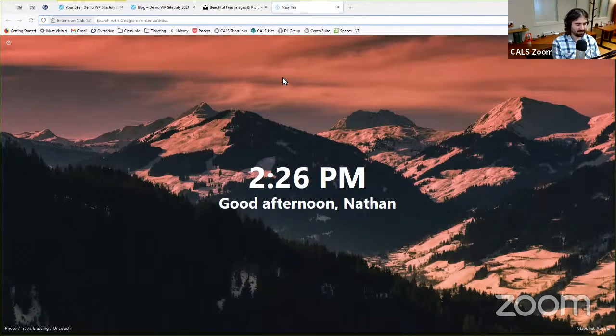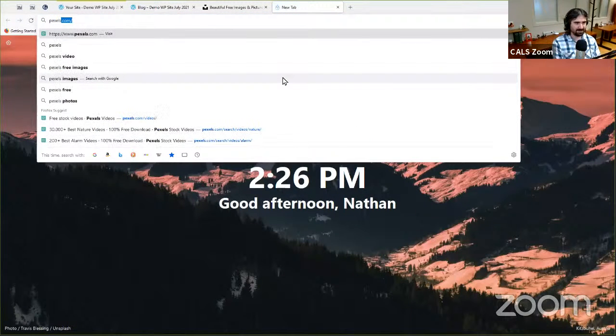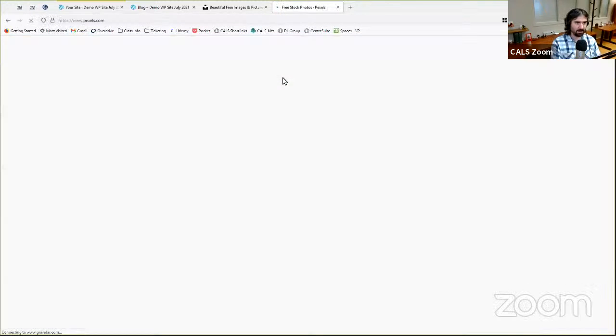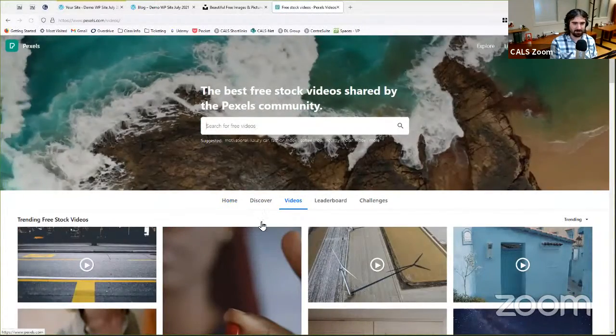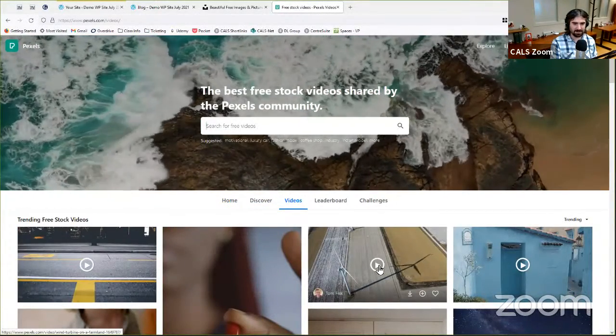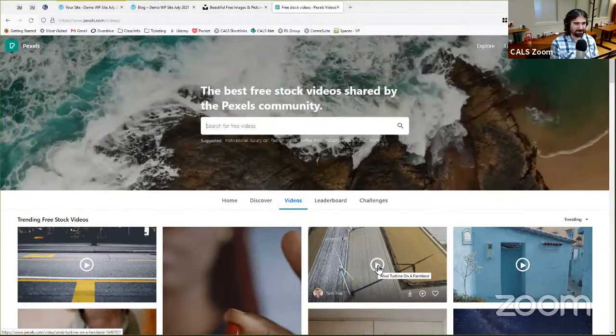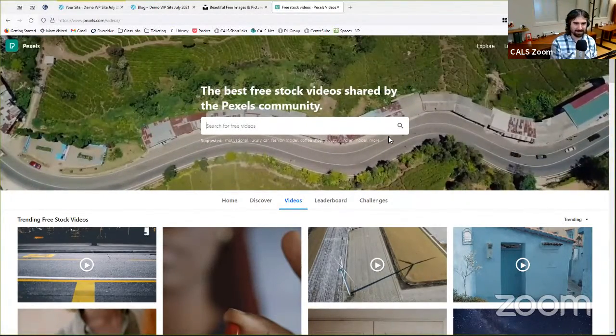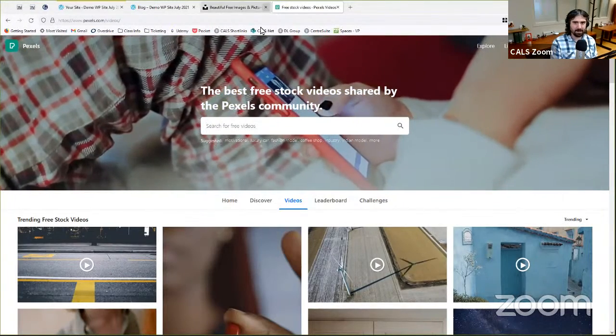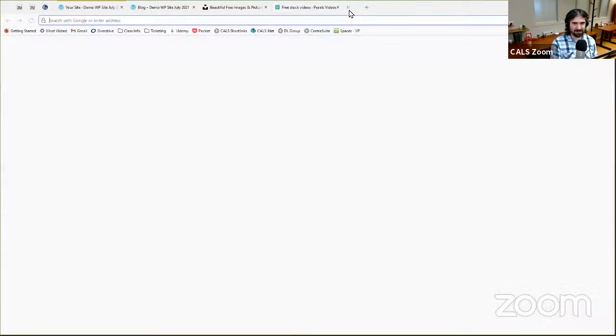The second one is Pexels.com. And it's a similar layout. They do also have some stock videos on this site, which is interesting. And so if you click videos here, you can find different things. Here's a nice little wind turbine and so forth. So that's Pexels.com. And then the last place that I check is